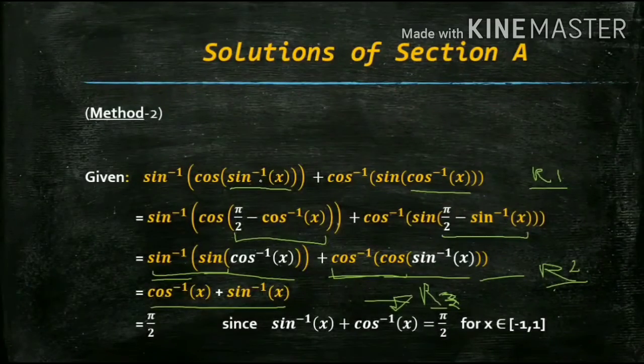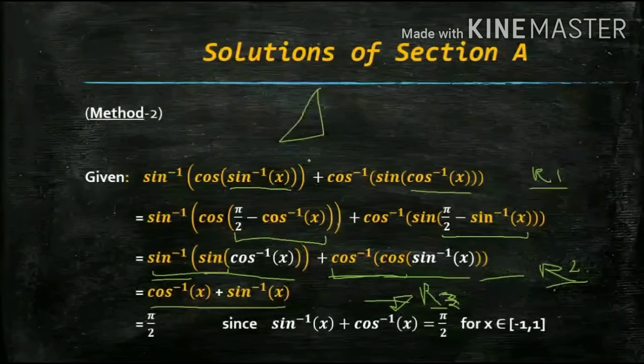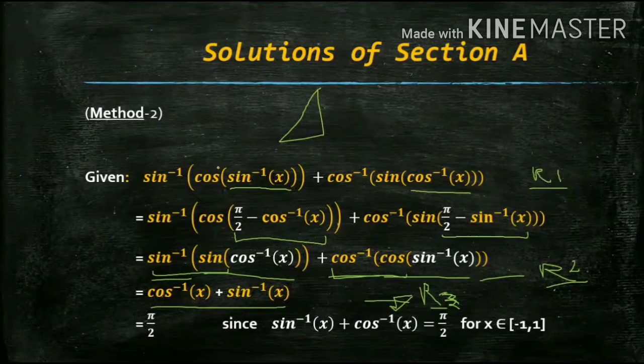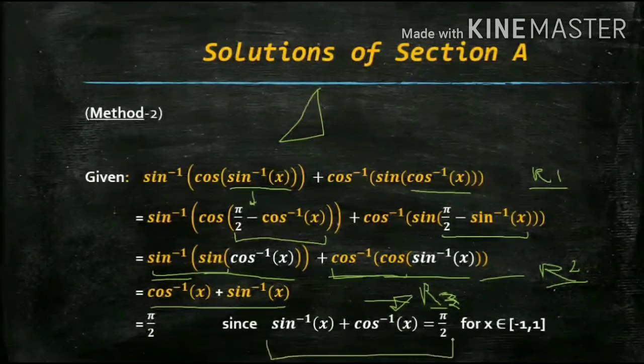Otherwise, if you have to proceed with this question, you have to take cos inverse x as theta, make a right angle triangle, then convert it in cos, again apply cos of cos inverse, then again convert it. It would become a very tedious task. But using that cos of sine inverse x is sine of cos inverse x, or just using the property that sine inverse x plus cos inverse x is pi by 2, you can directly do this question. Okay, so whenever a question comes, try to do it in different ways and think of the different logics that you're getting, and then see which one uses fewer steps in an easy way, and you can manage your time.